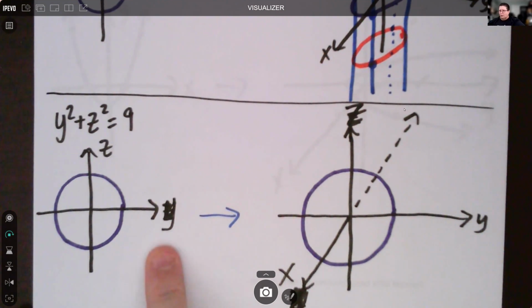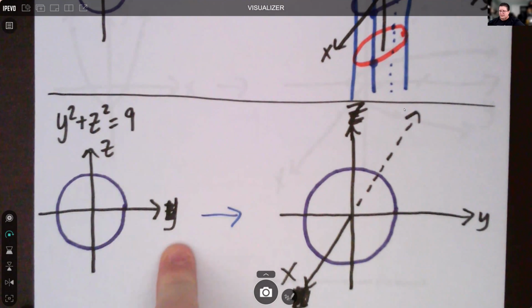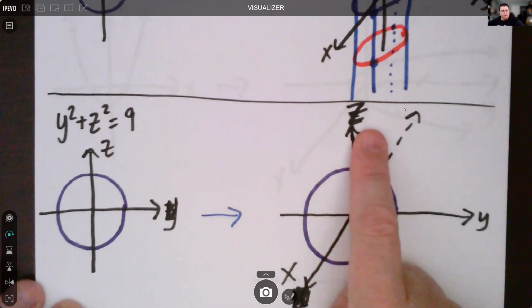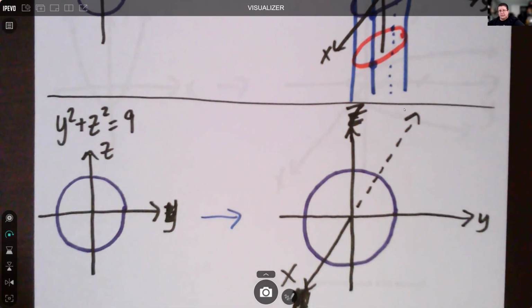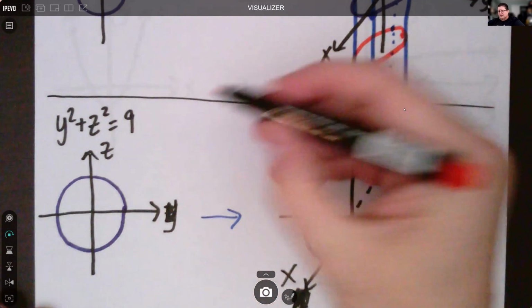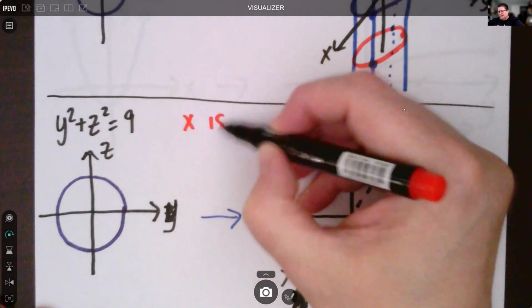I could put y on top and z on the right, but since we do y on the right and z on top for a 3-dimensional space, I left it the same. Now, when we translate it to 3 dimensions, we have a circle of radius 3, but x does not have any restrictions. So x is any value here,